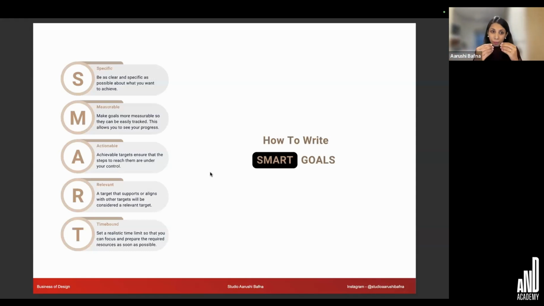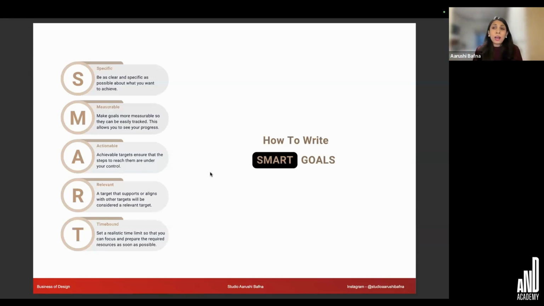make it actionable to a point where you can take an action right away, and make it very relevant. Sitting here, even if you're dreaming to do something in the US, take steps forward and say, okay, you know what, I've done this course, I want to work at Norman Foster in Europe or London. To go there, go and see Norman Foster, what kind of people do they hire, see what kind of education they have, and go back and fulfill those steps so you can actually be leading the path to your dream or goal.